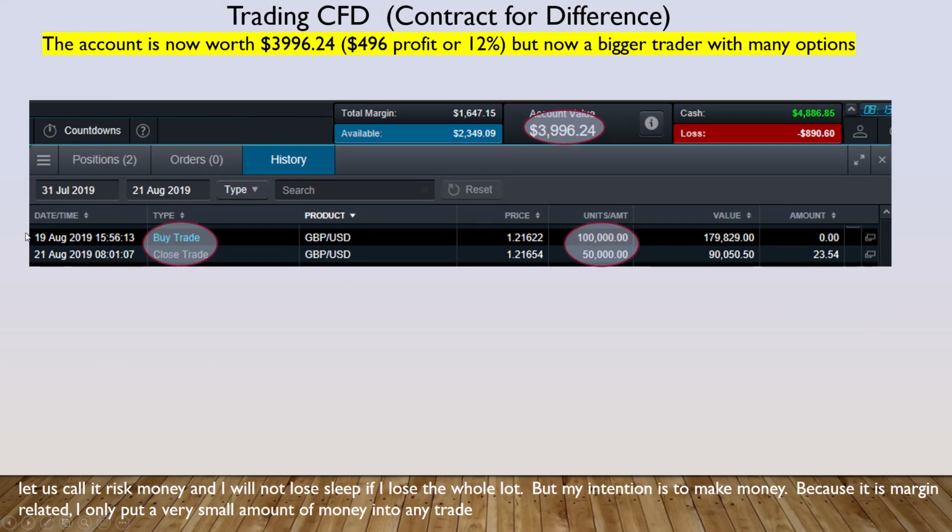So here we go. On the 19th of August, we entered the trade with 100,000 units, that is the British pound versus the US. That was actually, in terms of value, approximately $179,000. And today, about 8 o'clock in the morning, we decided to reduce that particular position from 100,000 to 50,000. And the reason why, I'm going to explain by using charting